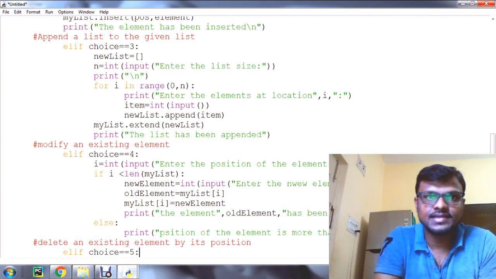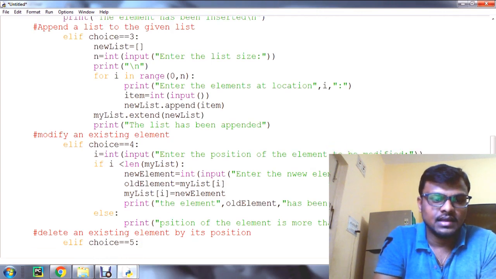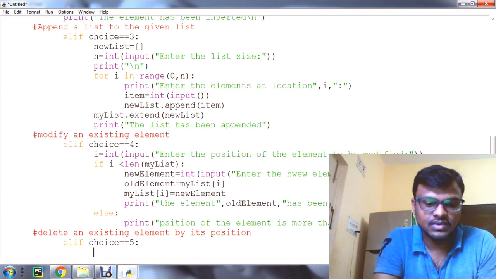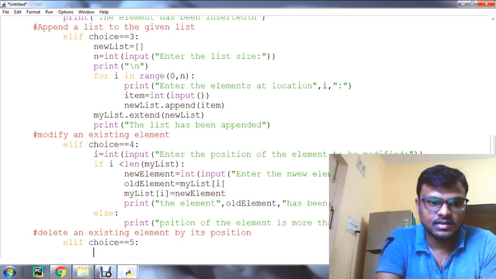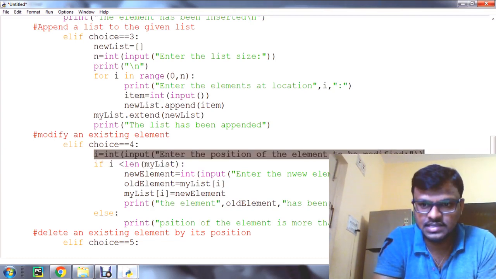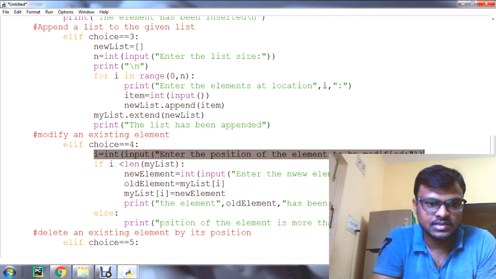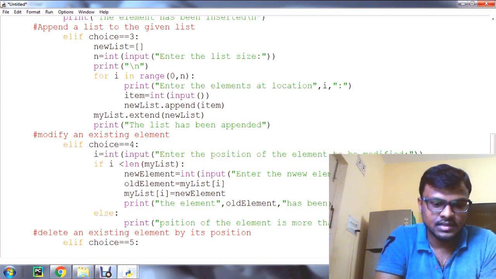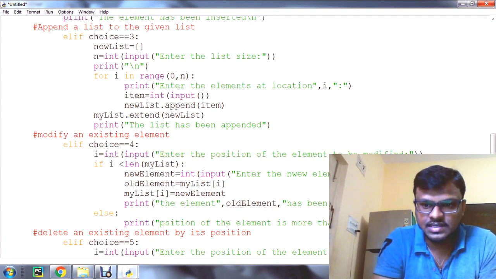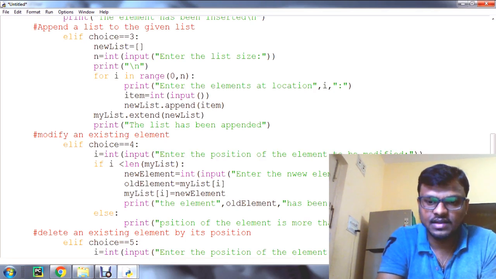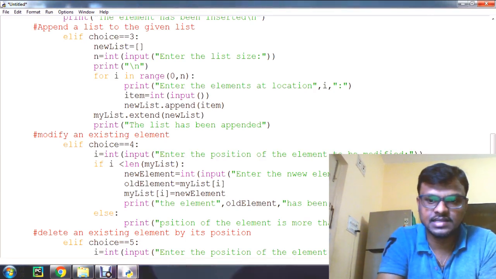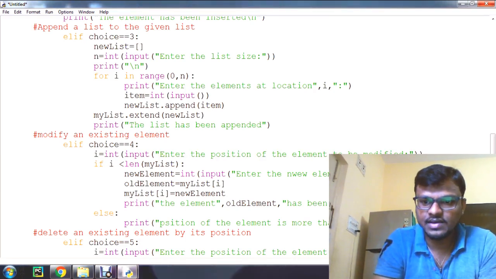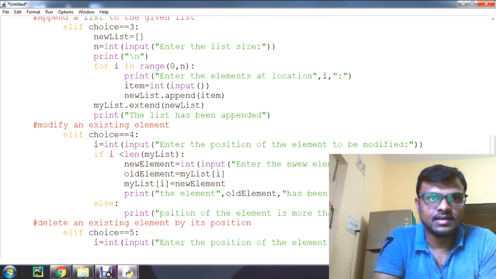Here we need the same statement as before, so just copy that and paste here. Just change it to deleted. Clear.